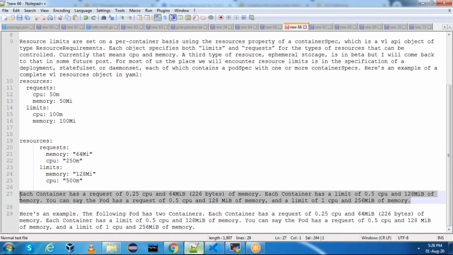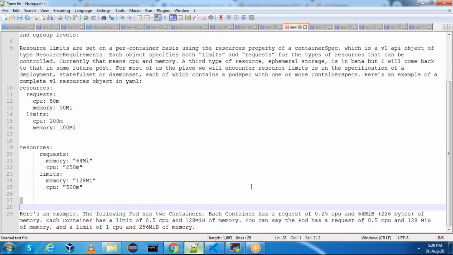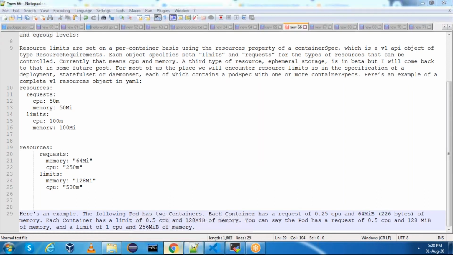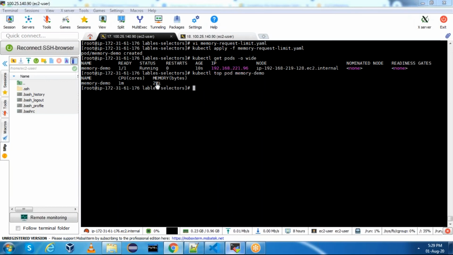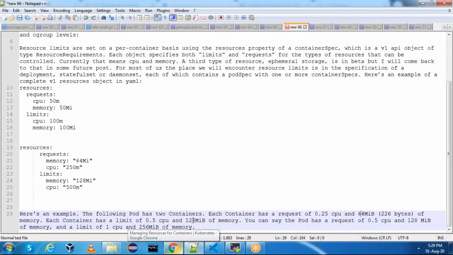If you see this, 64 is nothing but 2^26 bytes, right? 2 to the power of 26. And in our case, nginx is using 2 Mi, it is just using 2 Mi, 2 MB.